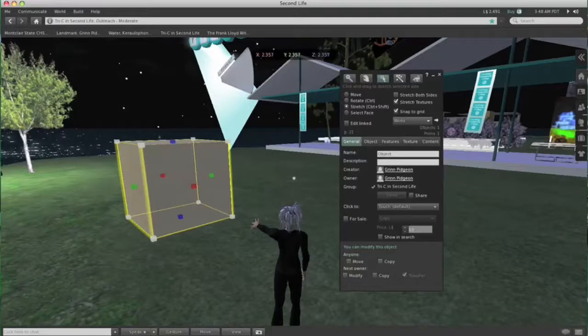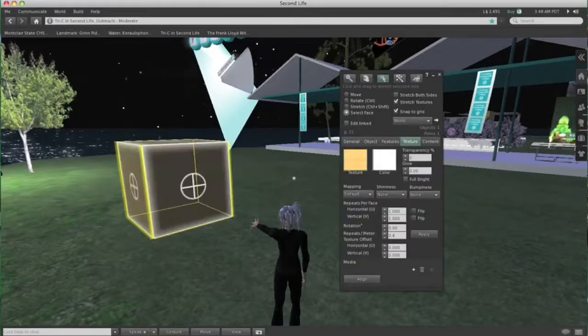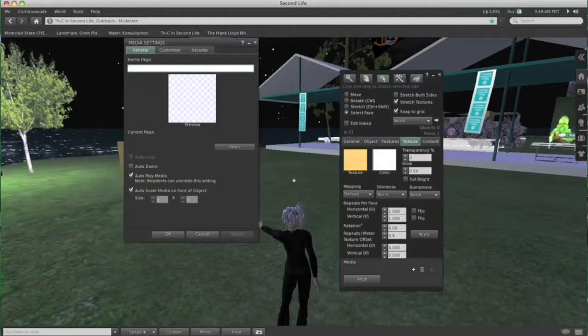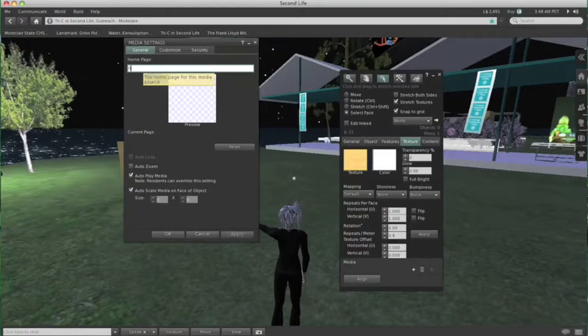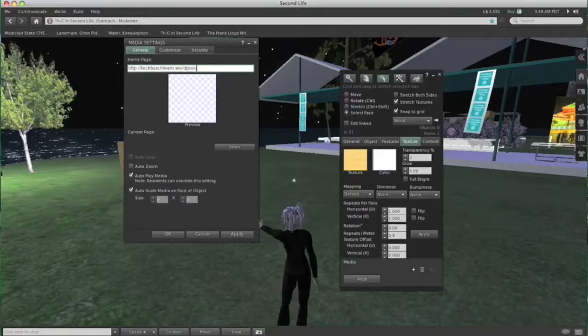The first thing you want to do is go to the Texture tab, and then click on the radio button for Select Face and click on the face where you want to put the URL. Then you'll notice at the bottom of the build window there's a new media area, and if you click the plus sign it opens up this media settings window where all you need to do is type in a full URL. So I'm typing in here the address to the AEC blog,